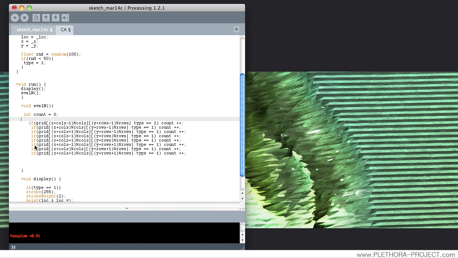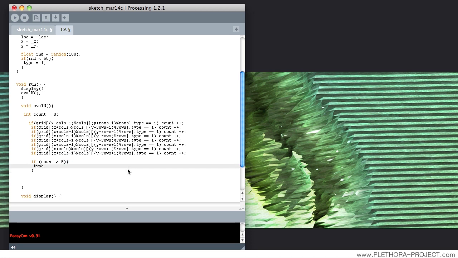So that's great. We have our evaluation of the 8 elements around us, and through this little function, we don't have any exceptions, we don't have any problems with that if statement. So that's great. Now through that count that has been accumulated based on those neighbors, we can take decisions. What kind of decision can we take? We can switch something like if count is bigger than 5,